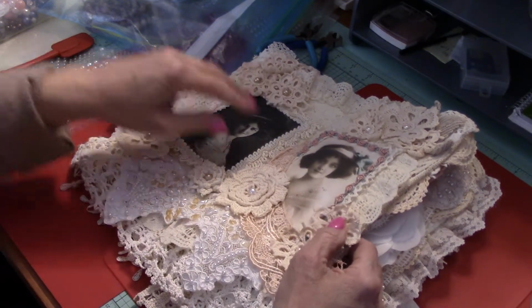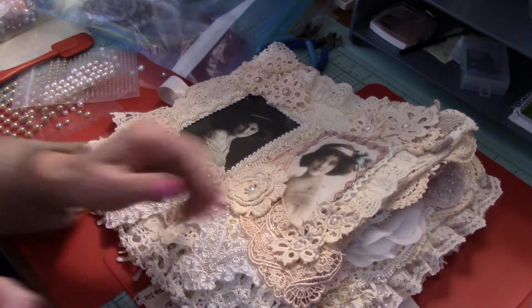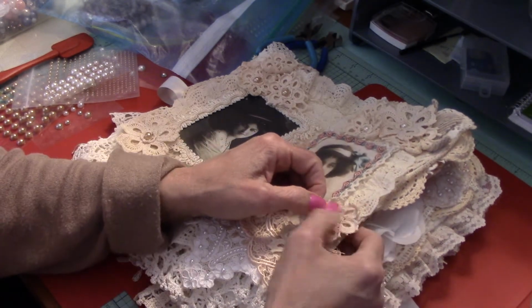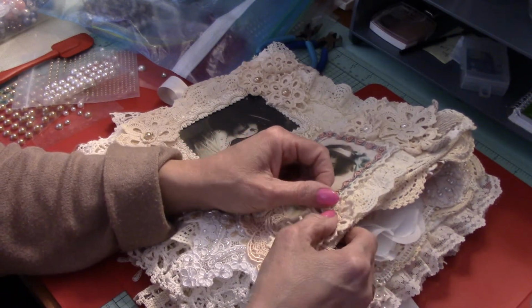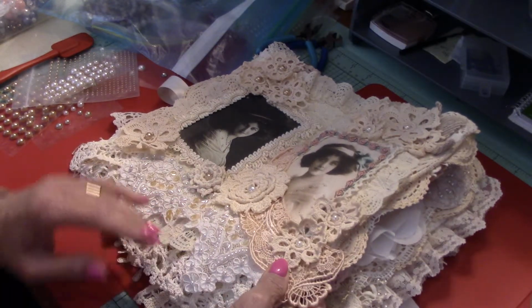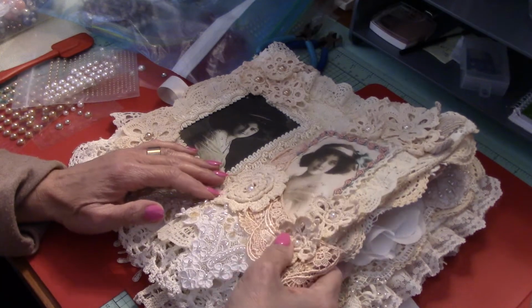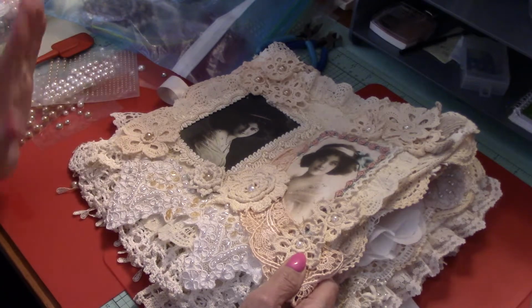I have done some hand stitching, but as the book gets bigger, as you crafters know, it becomes harder to stitch fine detail. So I do a lot of the larger things at the beginning because there's not so many embellishments. Once you have embellishments on, the pages become so thick that it's really hard on your fingers as well to stitch things together. So I do a lot of the preliminary stuff as much as I can sew, and